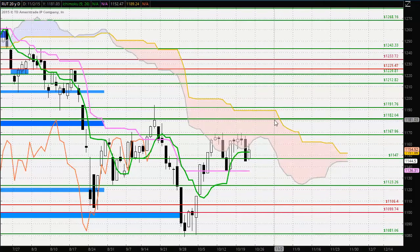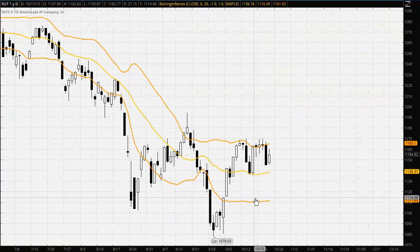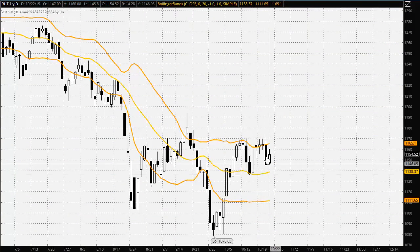And to the bands here with the Russell 2000, and here we see previously the market trading within the bands, attempting to rally through the upper band but being rejected, finding support at the middle of the bands, testing the upper band once again. The support coming in at the middle band and the tests to these higher levels suggest that the market may